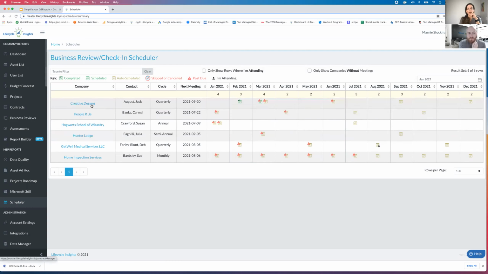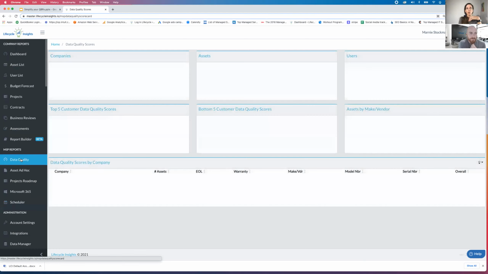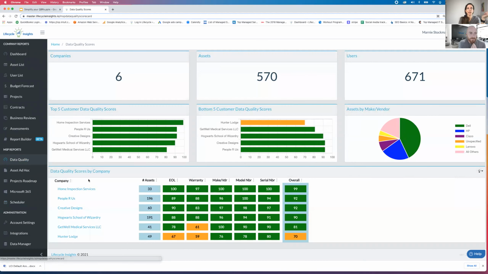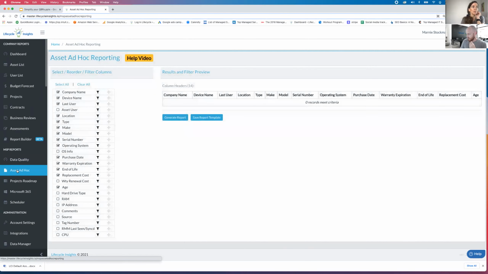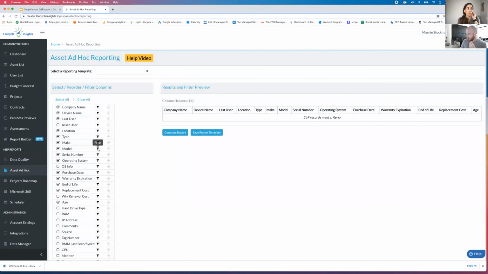So at this point, I've gone through the company reports at the top. So if you look, there's a divider here for MSP reports. The lower half gives the same types of reporting, but across all of your clients. So if you wanted data quality across all of your clients, I could see that most of my clients are good to go for a business review, but in Hunter Lodge, I should probably do some data cleanup before I deliver a report. Asset ad hoc, if I decide today that I am going to go,